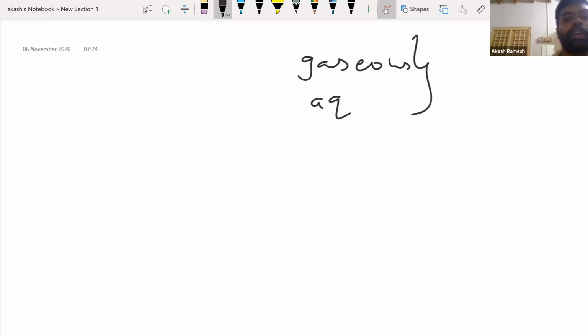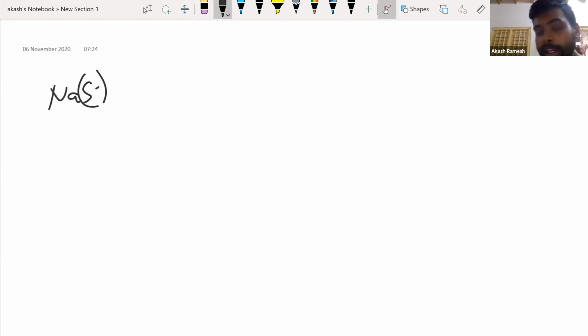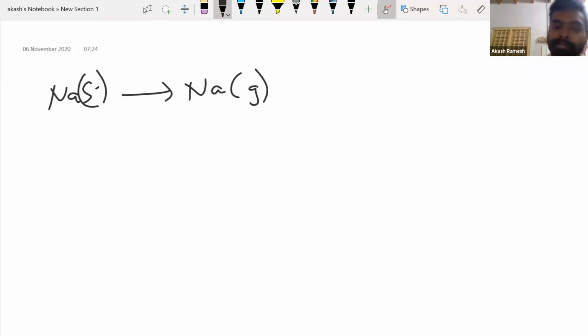Right. So now how should I make it there? This is the next one. Okay, this also I'll round it off. Obviously now that we understood that sodium is going to exist in solid state, it cannot form Na plus ion. So what I have to do is make sure that this sodium goes to gaseous state, and then obviously it can form the ion. That is how it is.